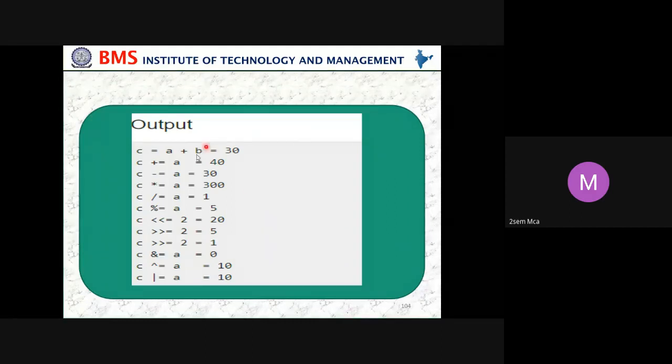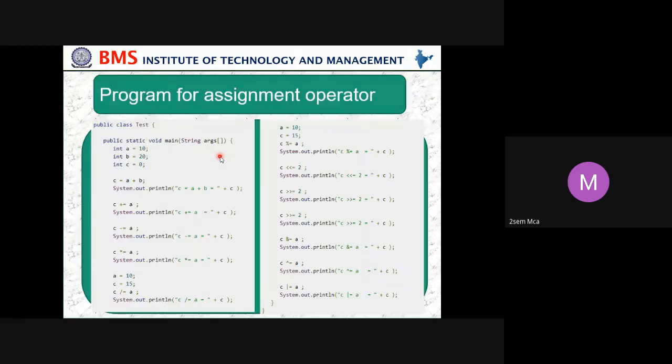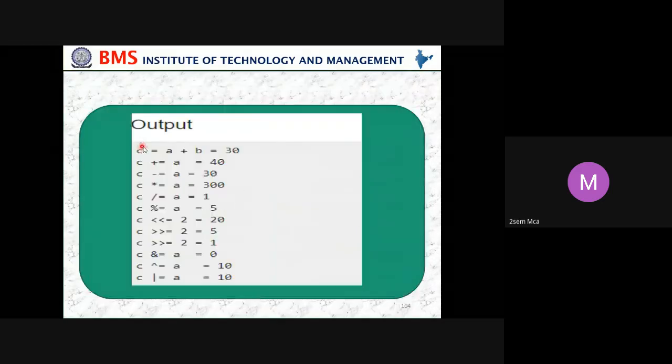So what are the values for that? So add these 30, then A value is what? 10. That will become 40. Then C, this becomes minus, so 30. So 300. So 1. So like this, all these assignment operators with addition, arithmetic and relational operators will be there.